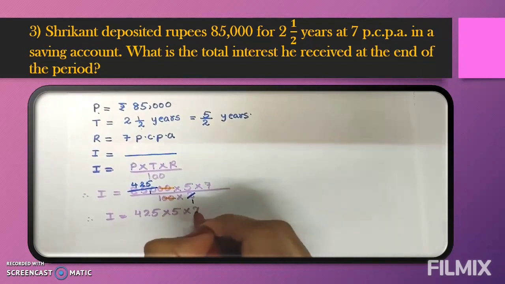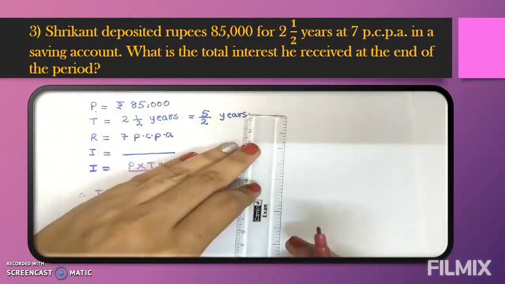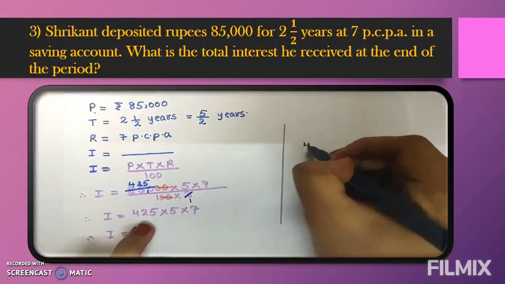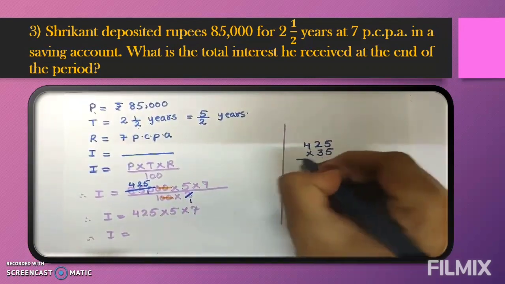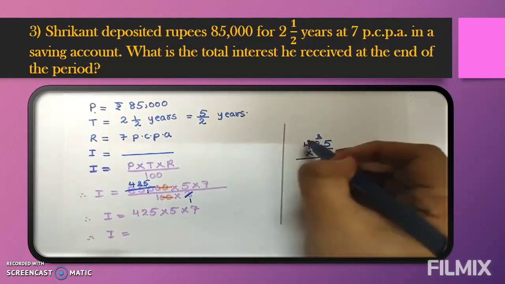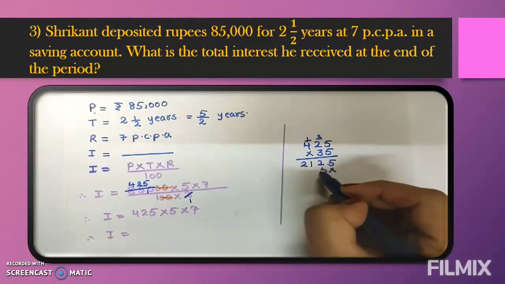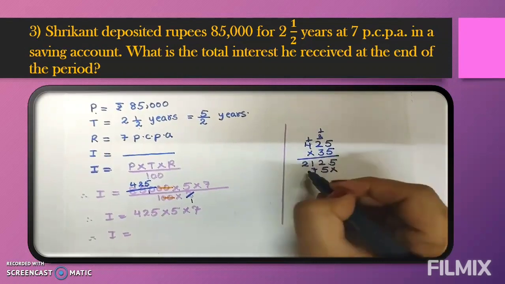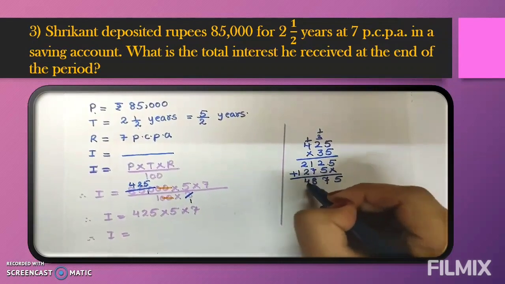So what will we get? I is equal to. Now here we will multiply and see. I'm showing you here as the numbers are bigger. So here we are multiplying and checking what answer we get. Multiply 425 by 5: 5 3s are 15, directly we are doing by 35. 5 5s are 25, carry 2 up. 5 2s are 10 and 2 is 12. 5 4s are 20 and 1 is 21. Then 5 3s are 15, carry 1. 3 2s are 6 and 1 is 7. 3 4s are 12. Add both.